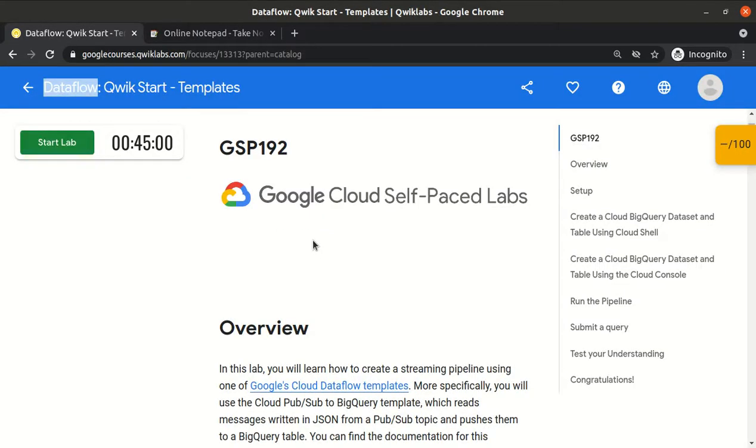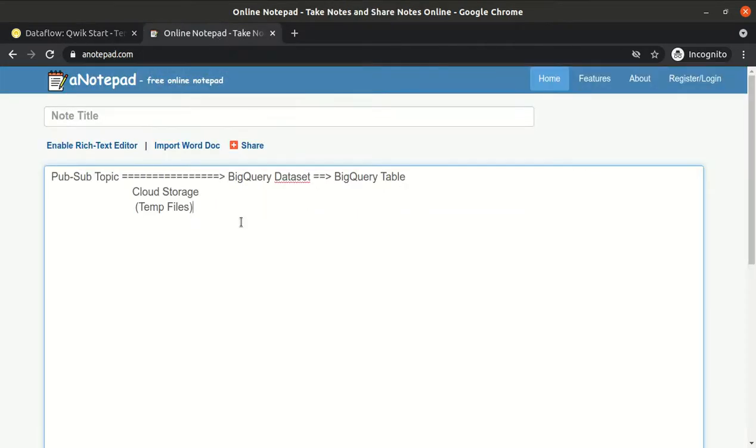As part of this lab, we will use Cloud Dataflow and we will use the templates. Templates are one kind of functionality within Dataflow. So what is basically a template? Let me give you an example. When we write jobs, say job 1, and after job 1 we want job 2 to execute, after job 2 job 3, and after job 3 job 4.